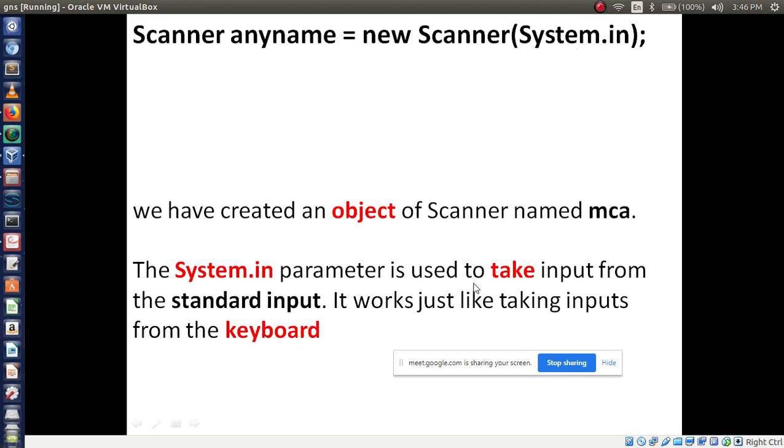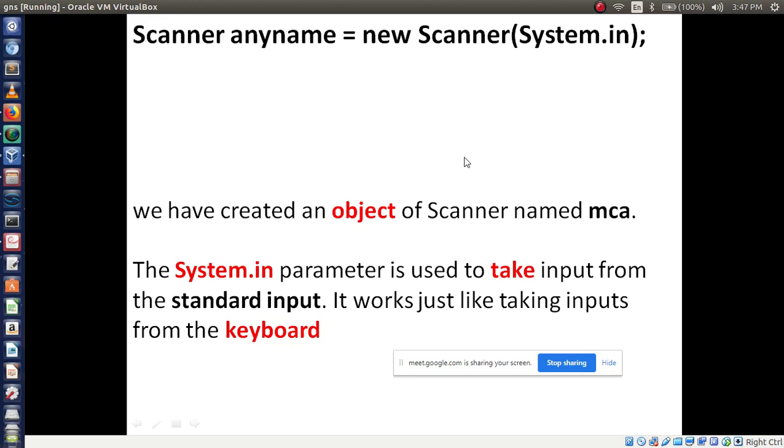It is used to take input from the standard input. System.in is responsible for what? Taking the input. Now I have typed AITM from my keyboard. To take that input, which one is responsible? That is System.in. It works just like taking input from the keyboard.